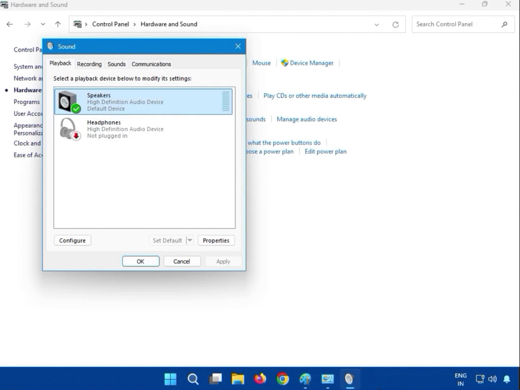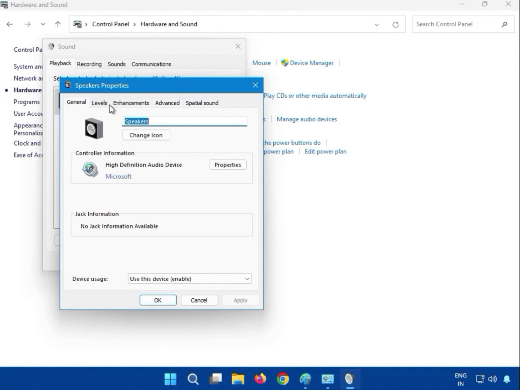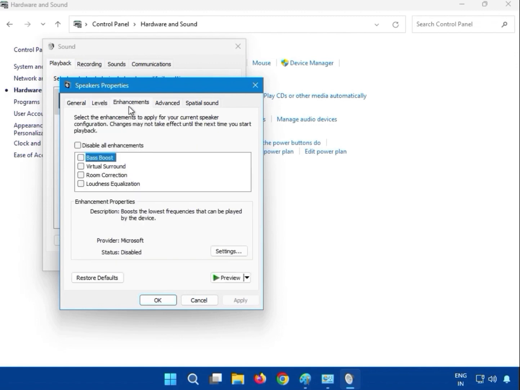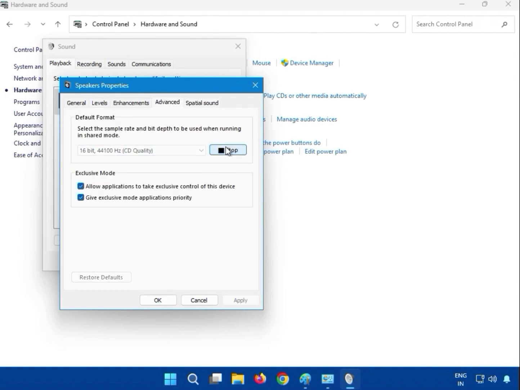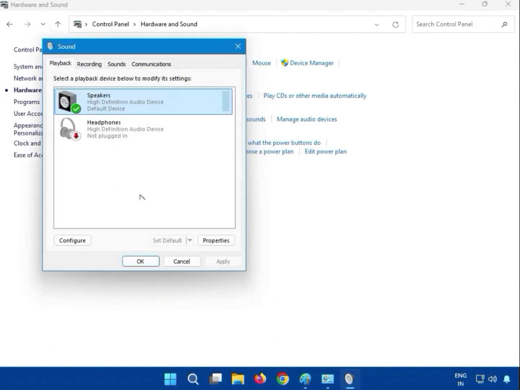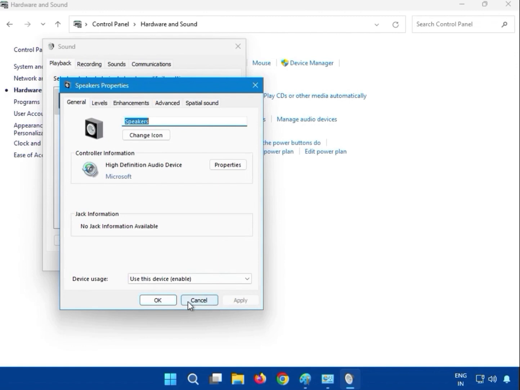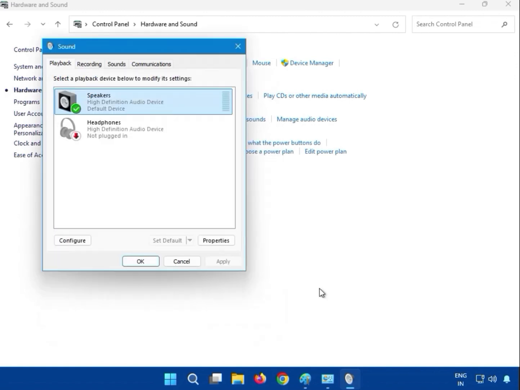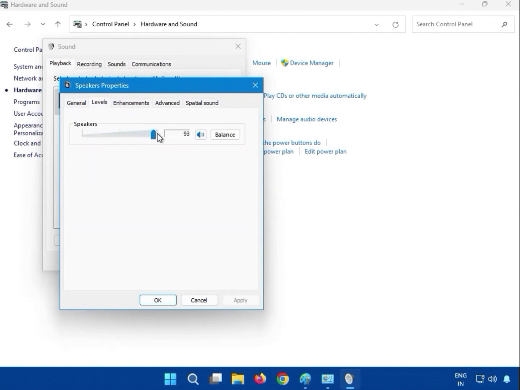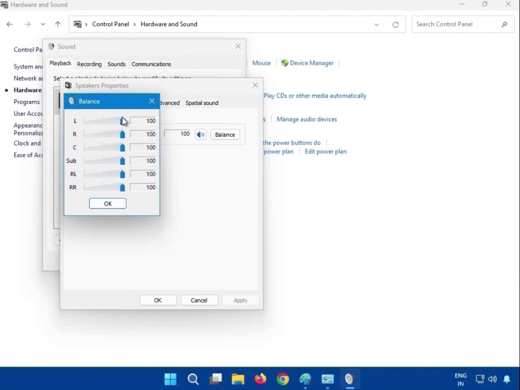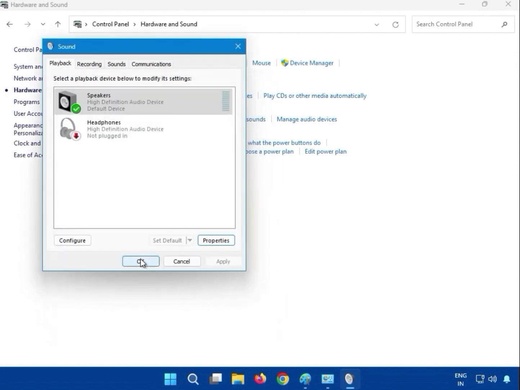Okay, then just double click and click to property. So guys, select the level 100%. Okay, and you can see here balance on 100%. Okay, and then okay, and then okay,